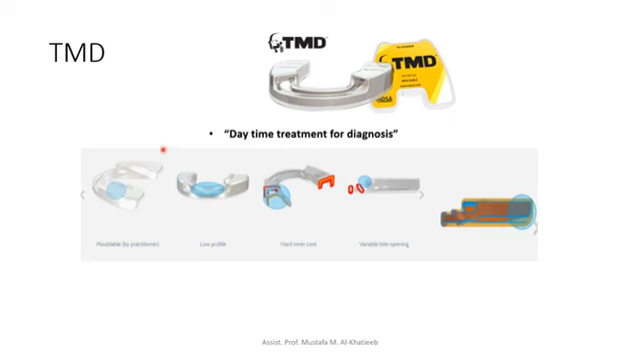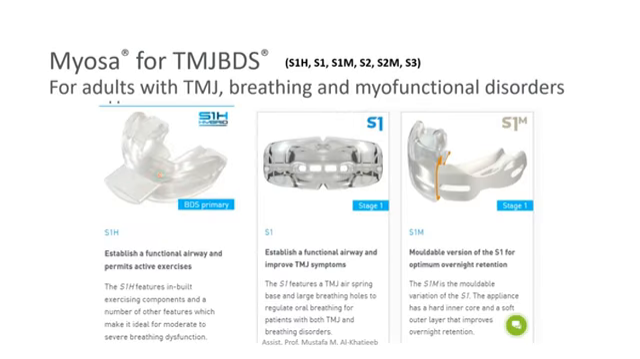D means daytime. The S1H hybrid establishes a functional airway and permits active exercises. It features built-in exercising components and a number of other features which make it ideal for moderate to severe breathing disorders or dysfunction. While the S1 establishes a functional airway and improves TMJ symptoms,